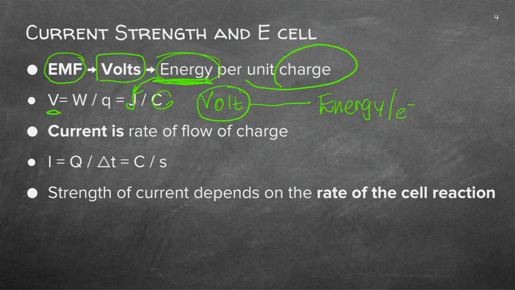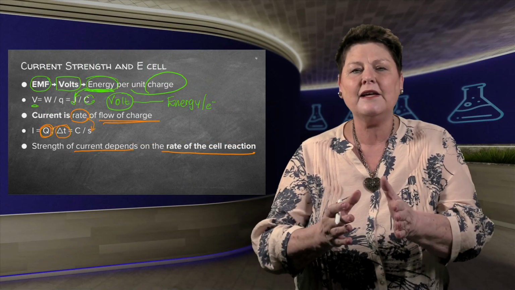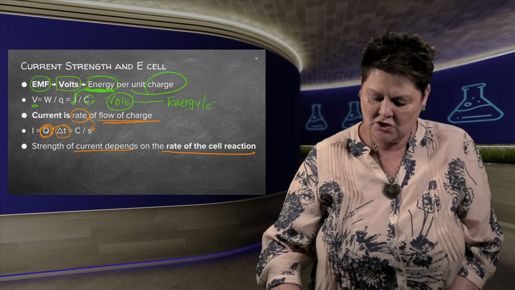Finally, we've got the current. Remember, these electrons are flowing through the system. So it's the rate, the time measured in seconds that it's flowing in this, which we also call a circuit, because we've got electrons flowing. It's the current. It's made up by the coulombs of charges flowing in a certain time, which is the rate. The strength of this current is depending on the rate of the reaction. What's the time taken to take an electron from one electrode to another, or one substance to another?